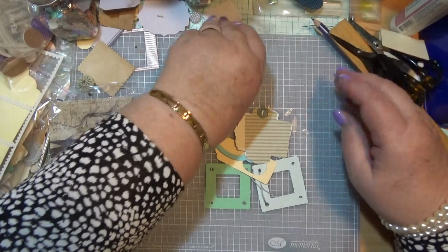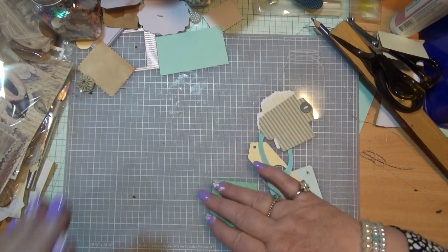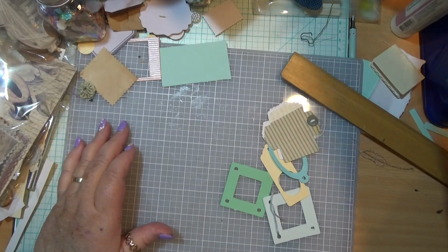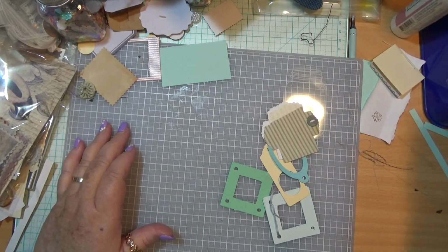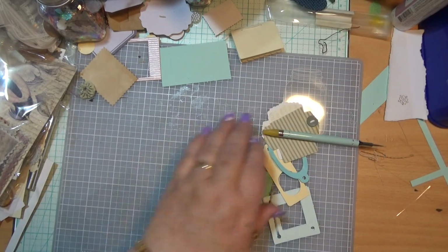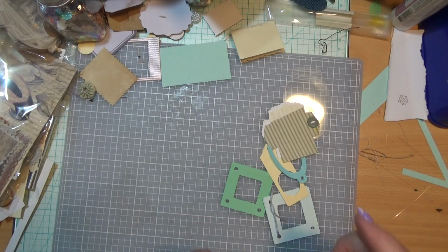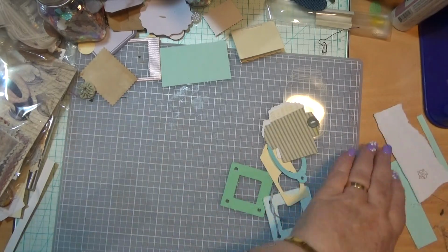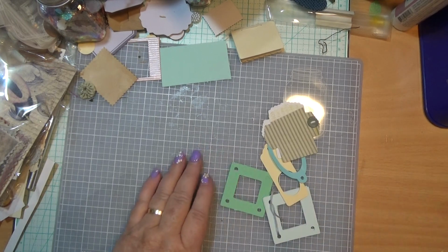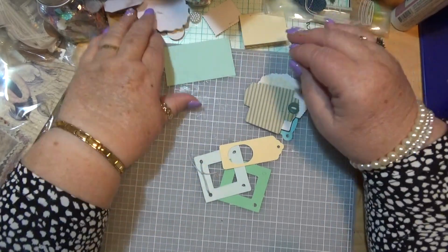I've got lots of bits and pieces that I've been playing with and cutting out. I really like to use all these things because we have them. I've had them since I started on here. A lot of this stuff I've collected over time, but a lot of it I've had from the beginning because I had to have it. Everybody else had some, so I had to have some too. I had to have the ink and the glue and the stamps and the whole thing, because everybody else has got it. Why can't I? So that's what I did. And I've got it all collected up, and I should be using it in my journals. So